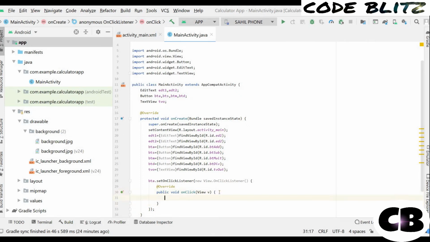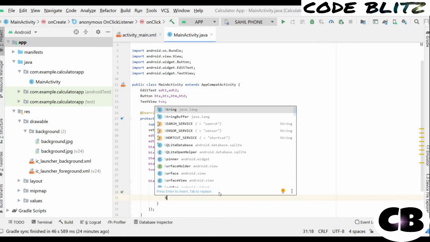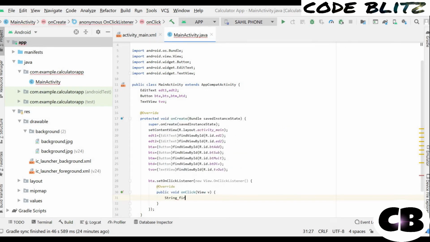So what we will do is, let's give it the name first num. Let's make a string variable, string first num equal to, now we will use the method get text. It is basically stored in the first edit text.